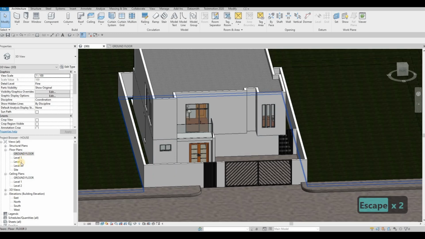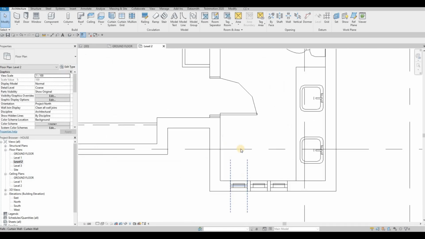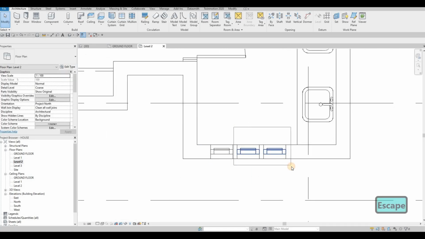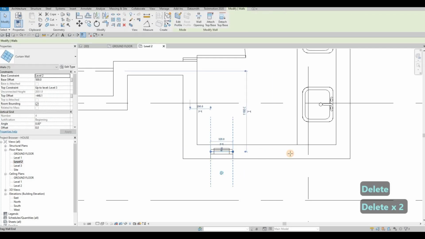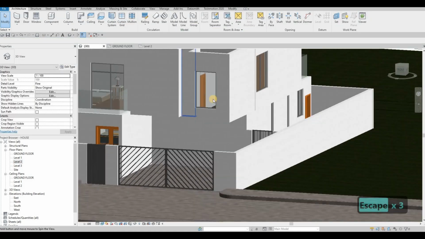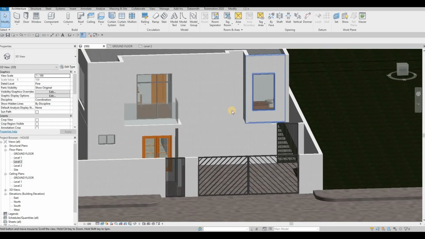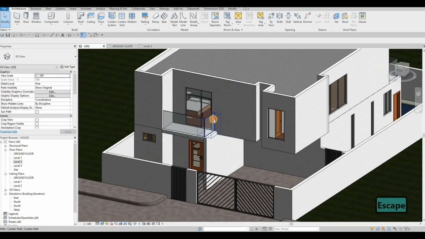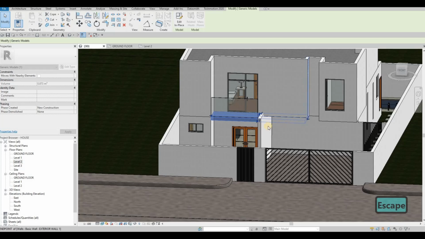Also, I want to go right here to our second floor, and I just want to delete this part right there, and I just want to extend this one all the way right here. So just a big one is good enough for me. I just want a big window like so. I'll probably going to delete this part. It's because I want to have an extension here on this side. So here I'm going to extend this like that,